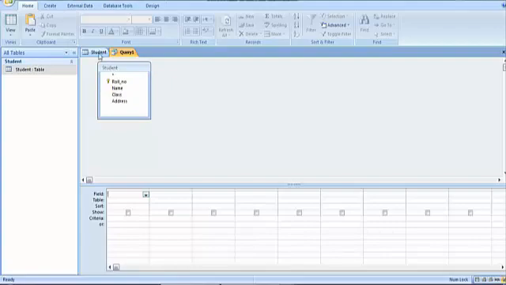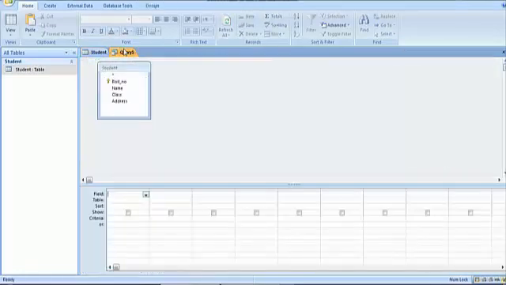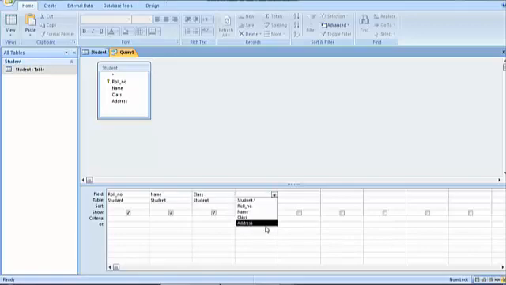Out of the table we formed, I want the records of the students who are in class 8. So let us frame a query for it. For the field, let me select all the fields because we want the complete record: roll number, name, then class, and the fourth field is address.